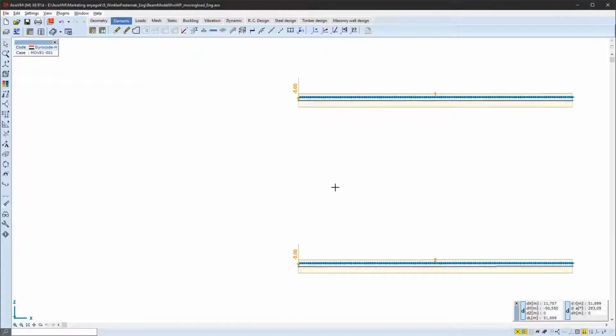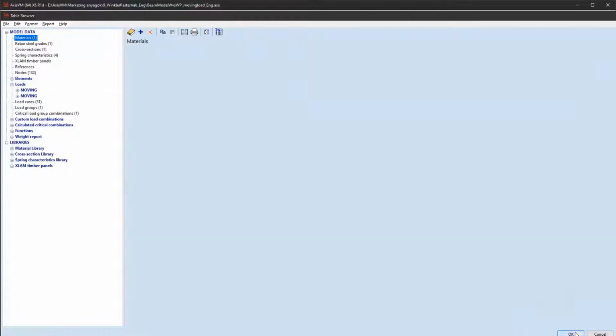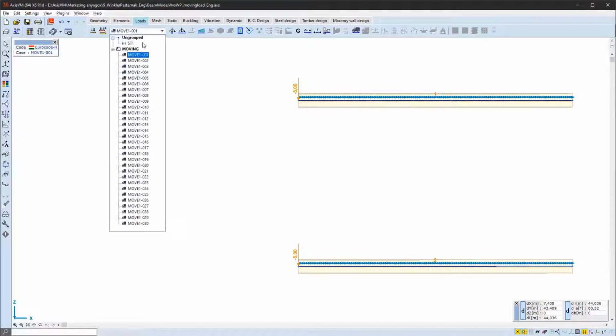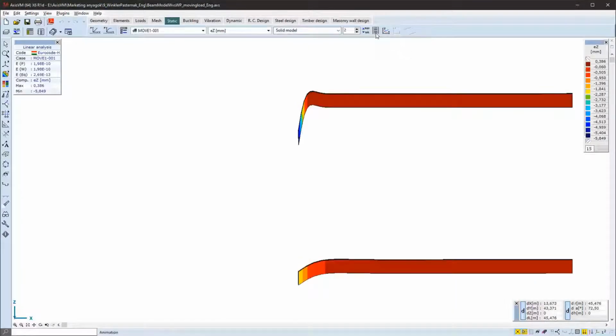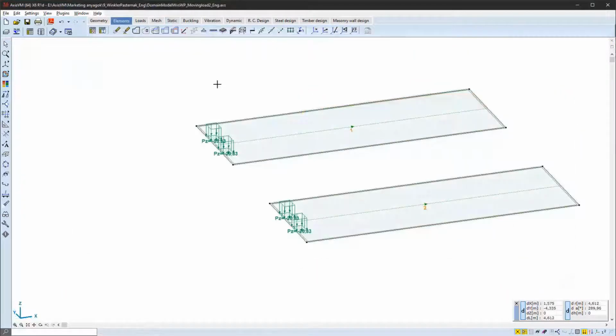On the example model, we have a moving point load defined on the beams, and to be able to see the difference between the two support types, the modulus of elasticity is set to 0 for the beam material. These are the point loads moving on top of the beams, and these are the displacement results for both support types. As you can see, the upper one is the original Winkler type, the lower is the Winkler-Pasternak, and the displacements are more even, and in case of the Winkler type, displacements are locally present.